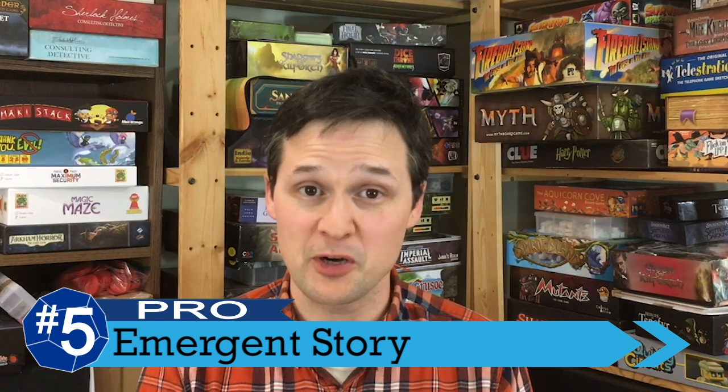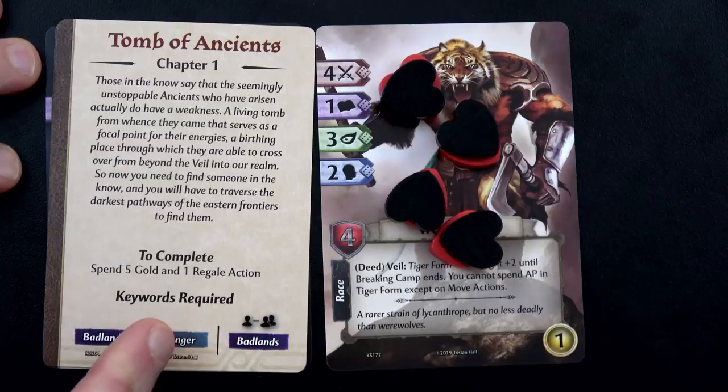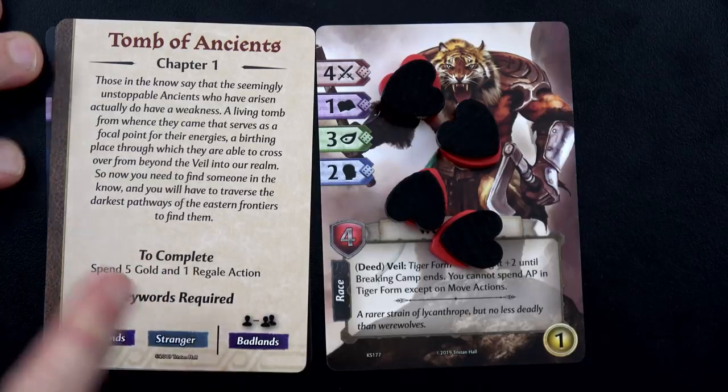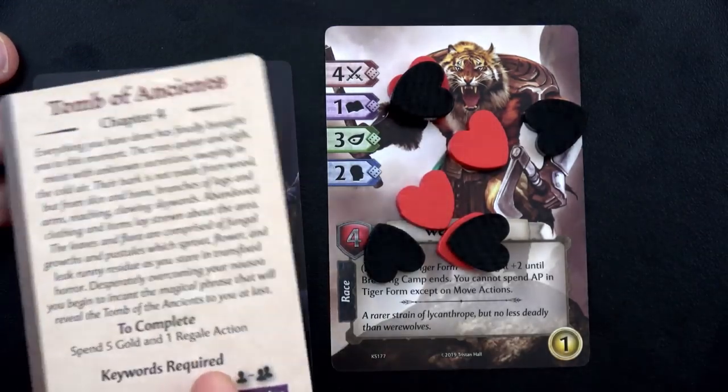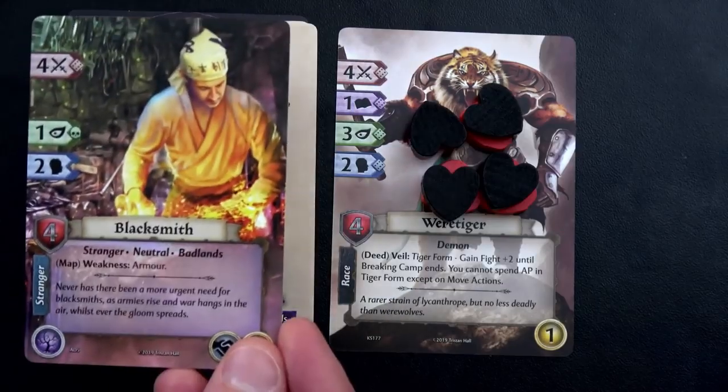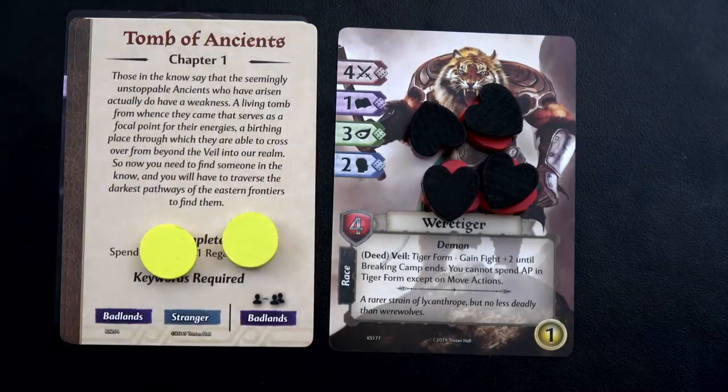We'll start with a pro at number 5, and that's the possibility for emergent story in the gameplay. While your final goal at the end of the game is to defeat one or more ancient enemies, before they get to that point, each player will be following their own individual saga. And these sagas have the players searching for certain types of rumors and assets to level up and become ready to face the ancient. These little quests give a lot of fun chances for emergent story if you want to